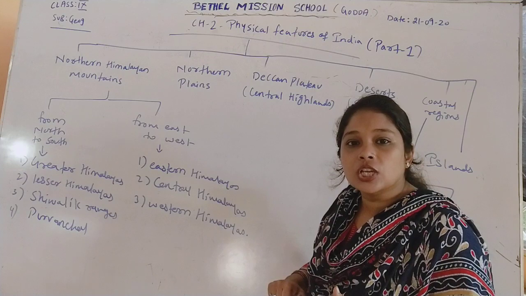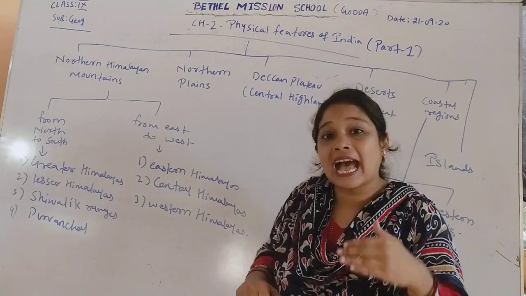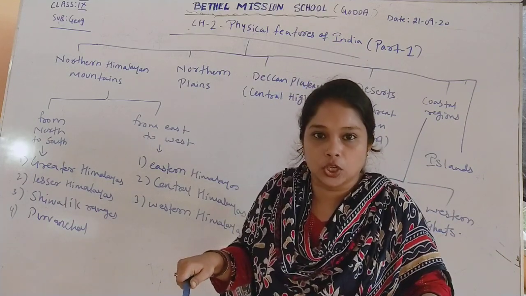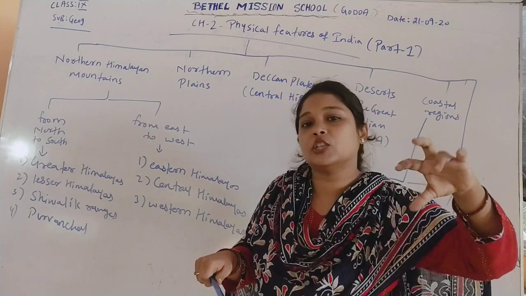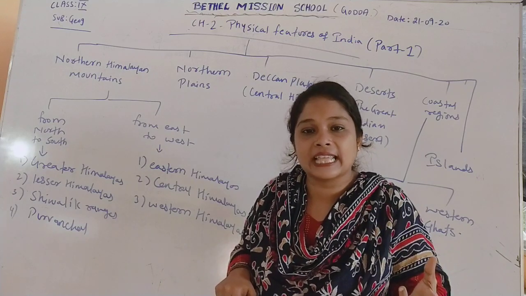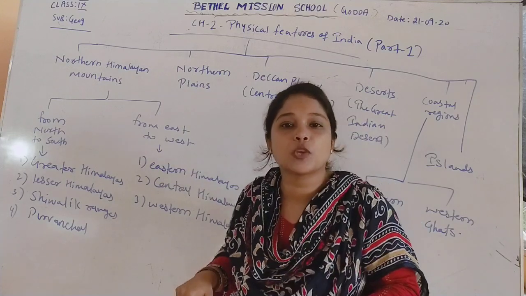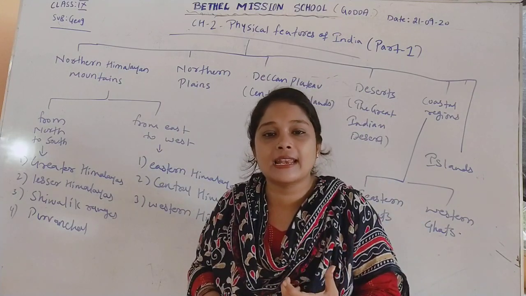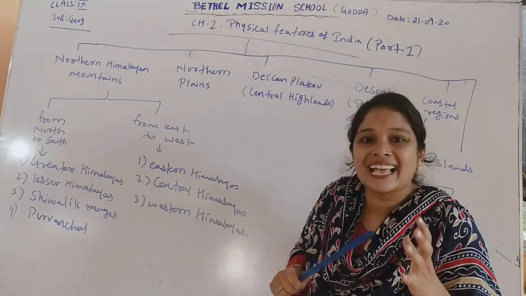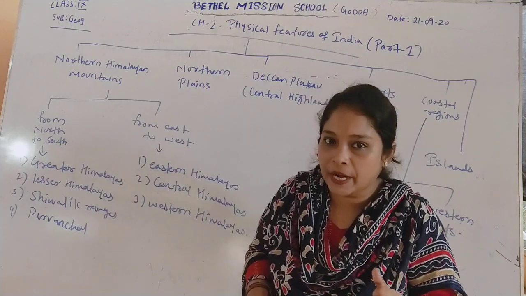Okay, these plateau regions are also called the central highlands, because they are not as high as mountains and they are not as plain to call them a plain region. Their altitude is not very high and it is not a plain area, but they are central highlands. That means they have some sort of heights, like small hills. So they are called central highlands or plateau. Now this particular landmass especially lies in the Deccan area. That is why it is also called the Deccan Plateau.